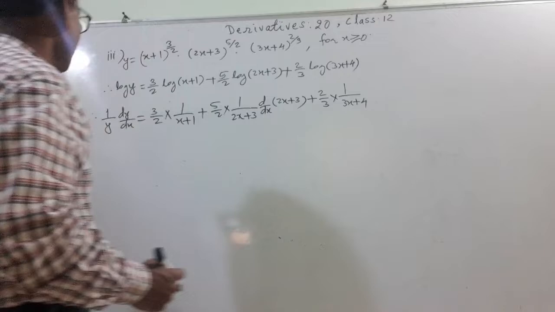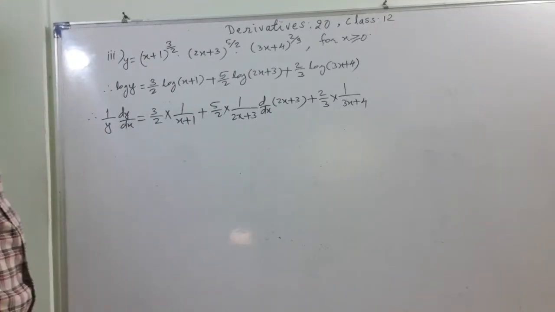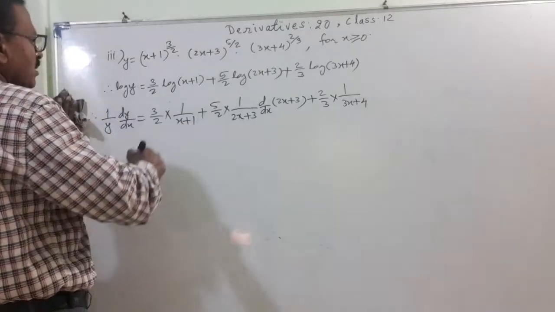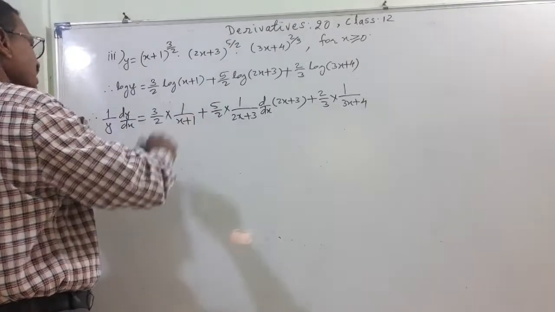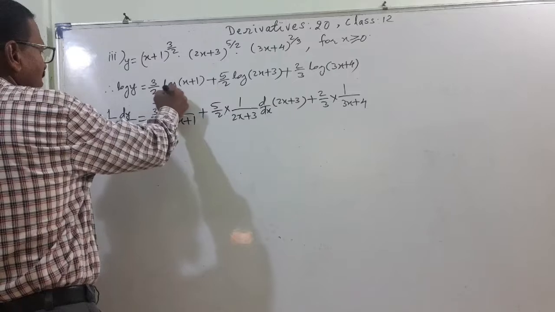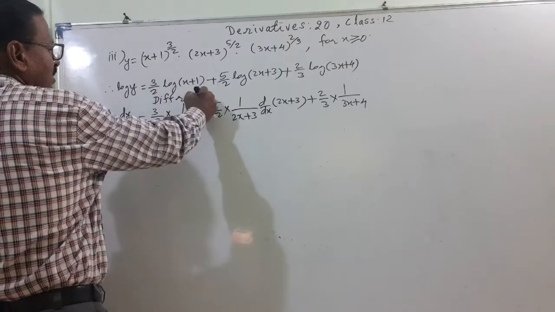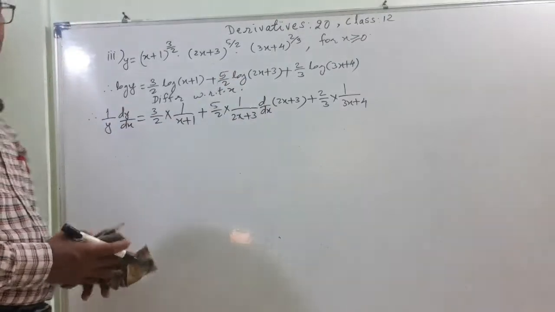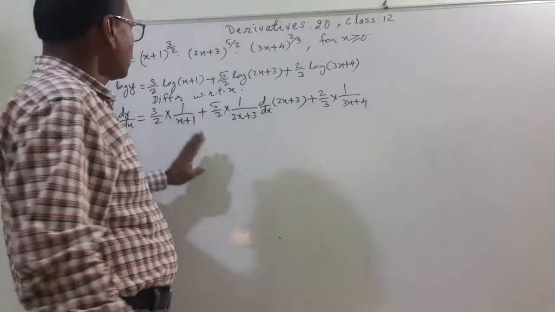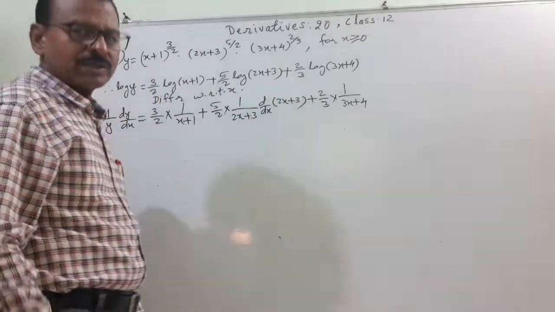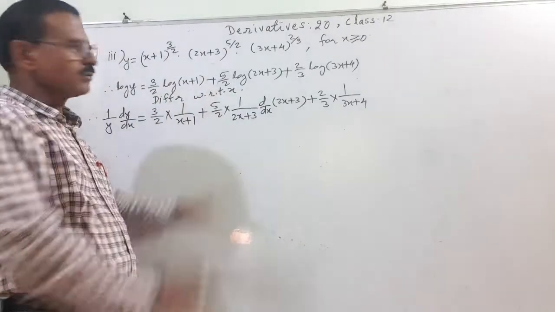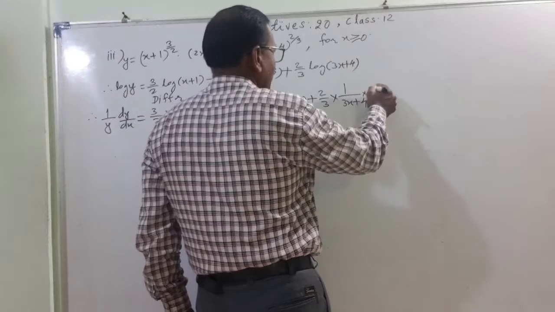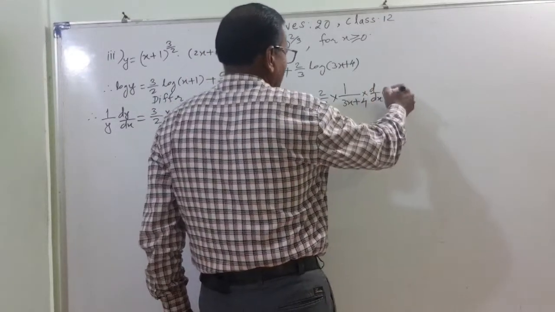Oh, I have done a mistake. I have not taken the log. I have to state it. Log of differentiating. Okay. Differentiating, here you will write differentiating WRT x. In the earlier sum also I have not written it. You understand that I have written. So you go on, make a practice. Now this is 1 upon into d by dx of 3x plus 4.